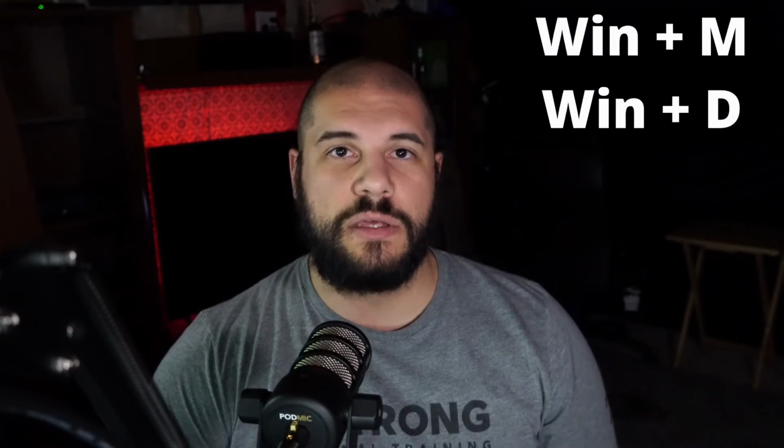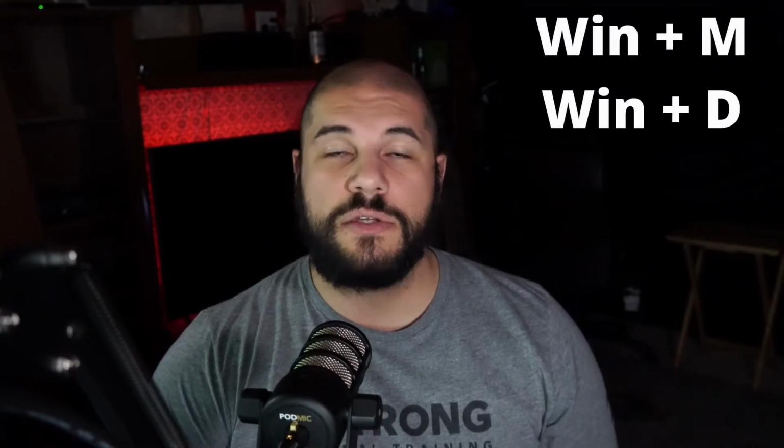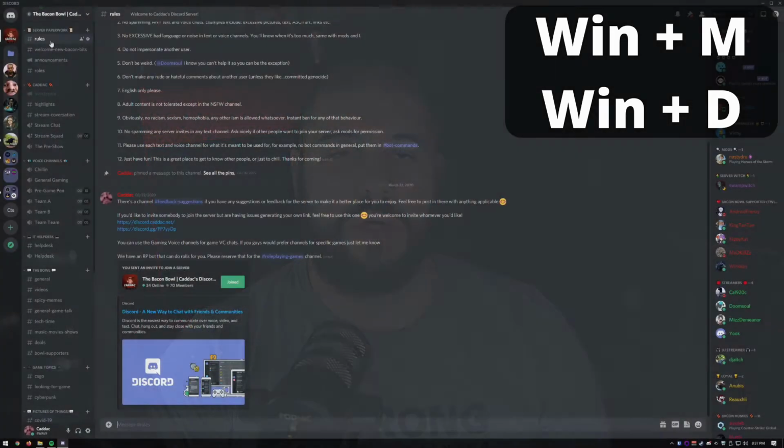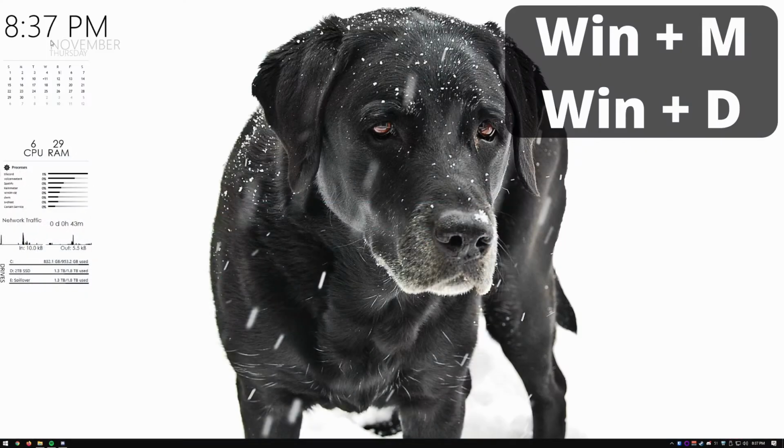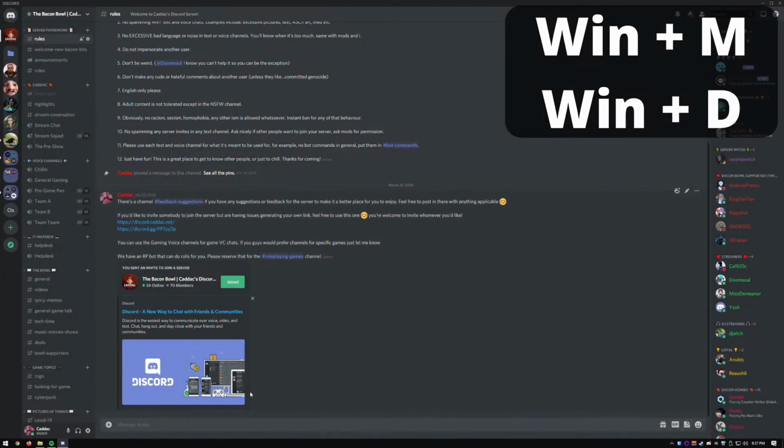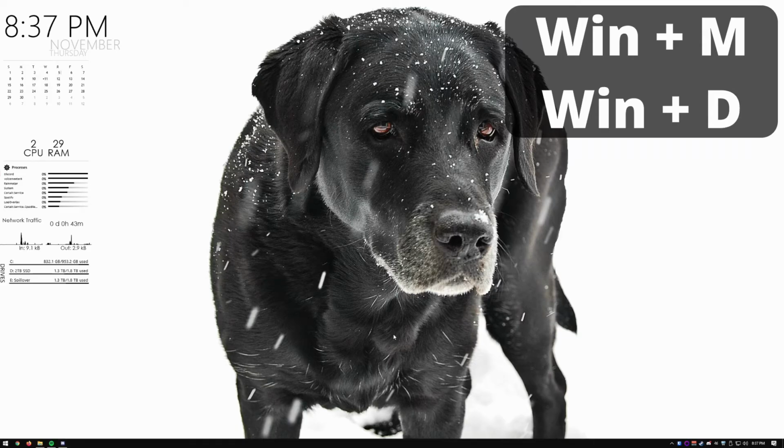So the next one's kind of a combo. They kind of do the same things, but also different at the same time. So Windows M sends the minimize command to all windows at once. Now, some windows will not support this minimize command, and you can instead use Windows D, which is show desktop,